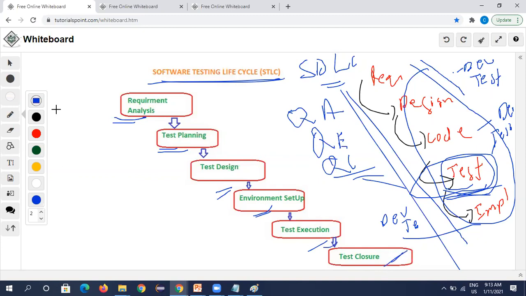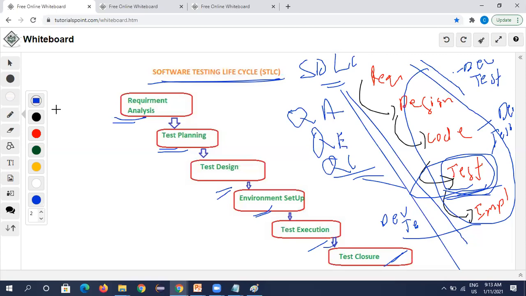In the requirement analysis phase, we analyze the requirements. Analyzing the requirements means we go through some documents. We understand what we need to do, what types of testing need to be done, and how we need to proceed.